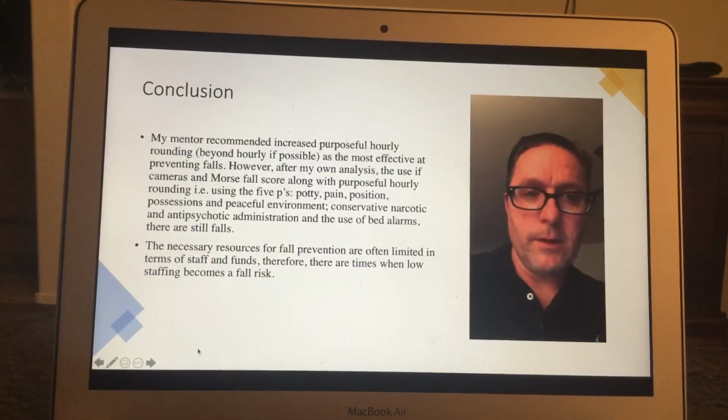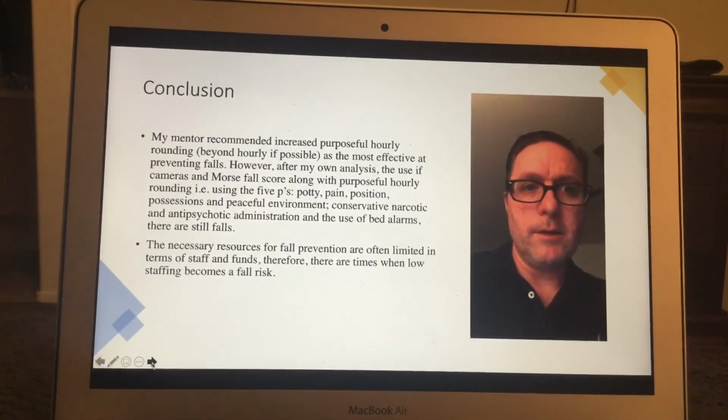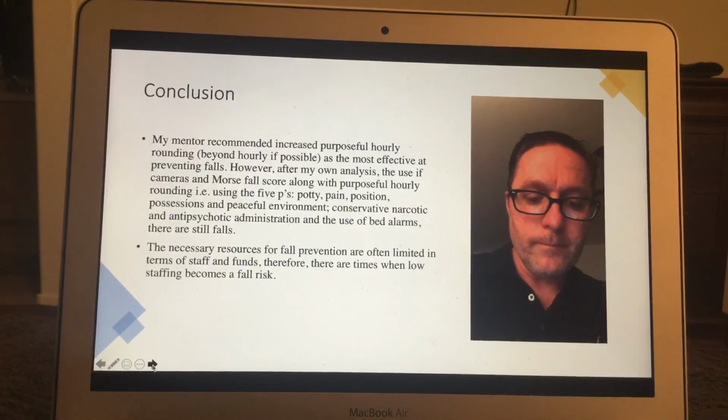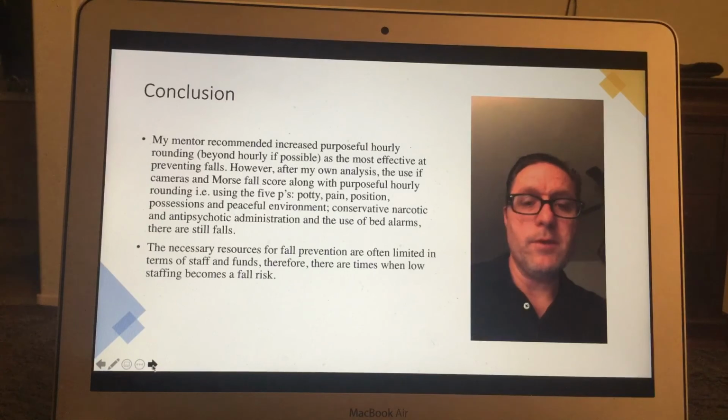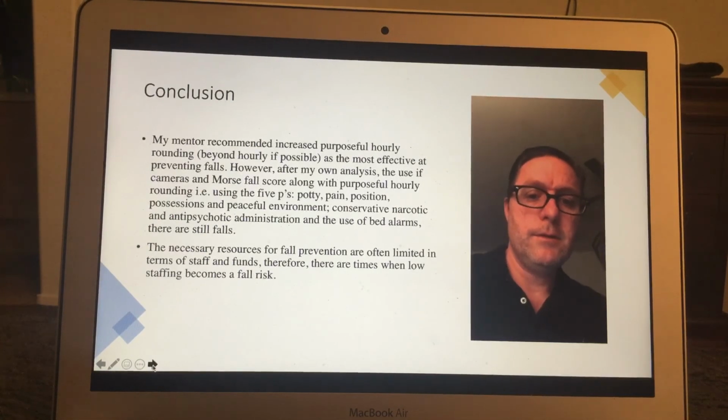So often, in healthcare, there's funds and staffing limitations, so that can also be a fall risk. So more scoring, and if you're in a hospital with video monitoring, utilize that, because that'll save in the long run